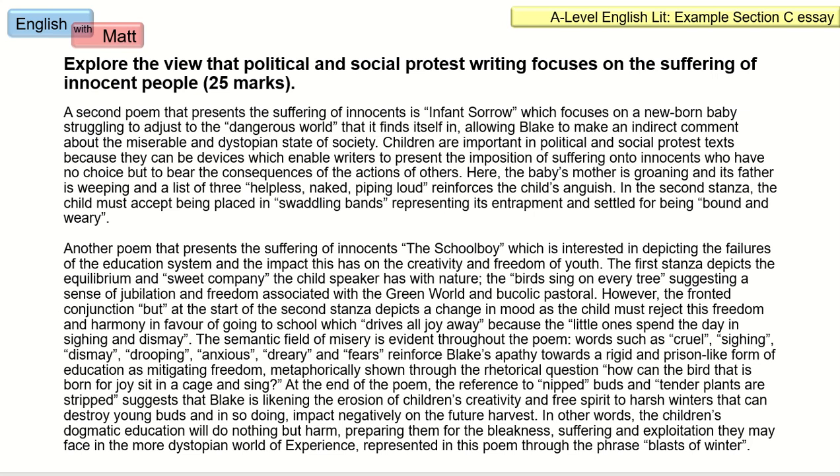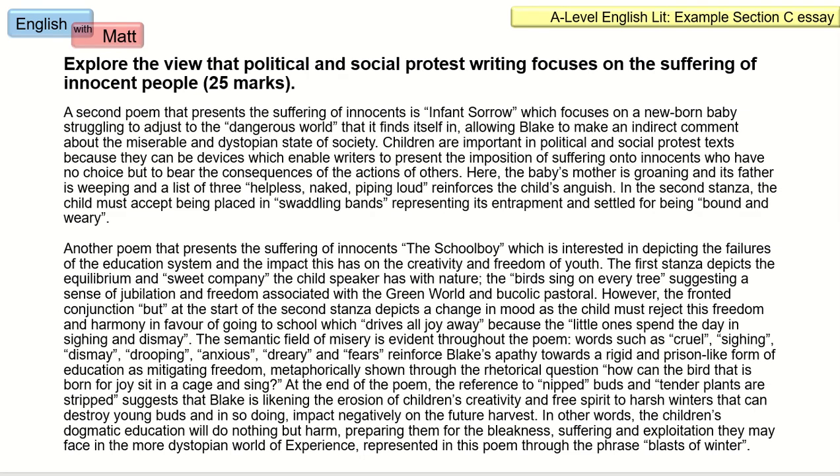Children are important in political and social protest texts because they can be devices which enable writers to present the imposition of a suffering onto innocents, who have no choice but to bear the consequences of the actions of others. Here the baby's mother is groaning and its father is weeping, and a list of three, helpless, struggling, and piping loud, reinforces the child's anguish. In the second stanza, the child must accept being placed in swaddling bands, representing its entrapment and settled for being